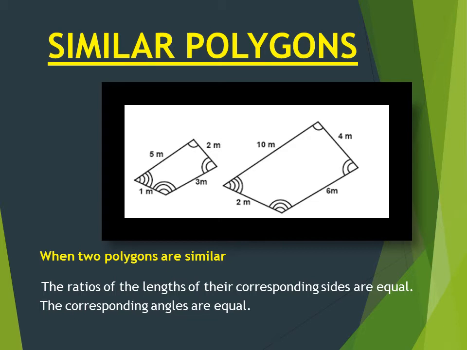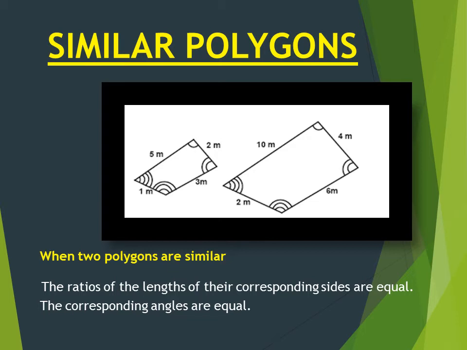No, they cannot be similar. What is the condition for two polygons to be similar? Forget about polygons. What are the conditions for two figures to be similar? They should have the same shape, while the sides can be different, isn't it? So to get the same shape, there are two conditions. The first condition is that the ratios of the lengths of their corresponding sides are equal. Here I am mentioning corresponding. Observe that. In the case of a square, I didn't mention corresponding because all the sides are equal there. So you need not mention corresponding there. But for a polygon, you should mention that corresponding sides are in equal ratio.